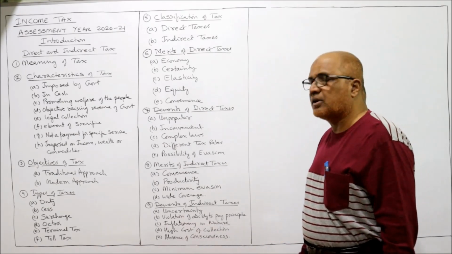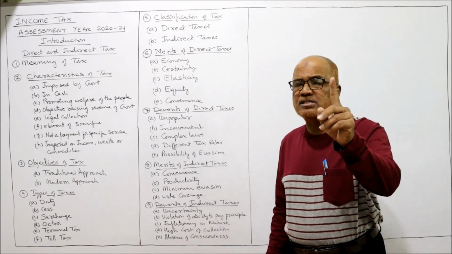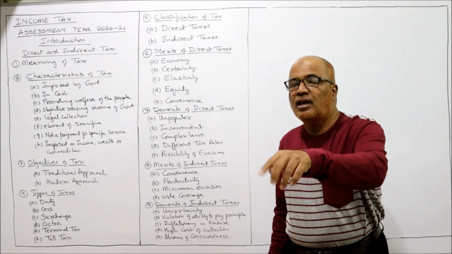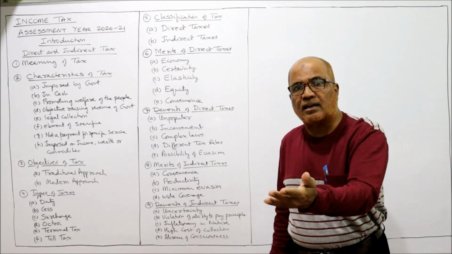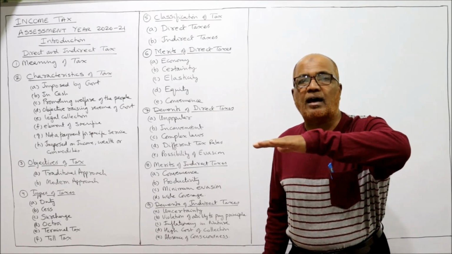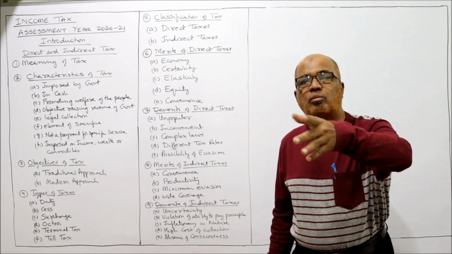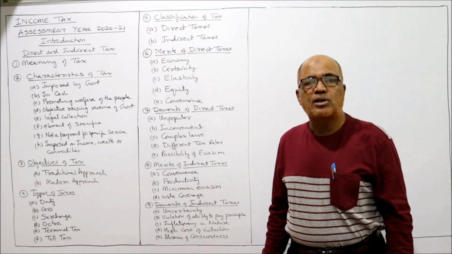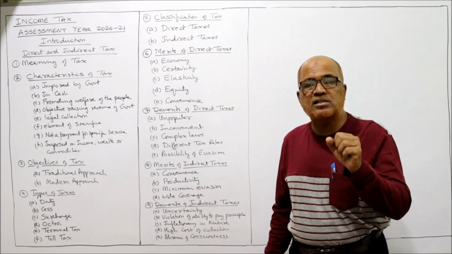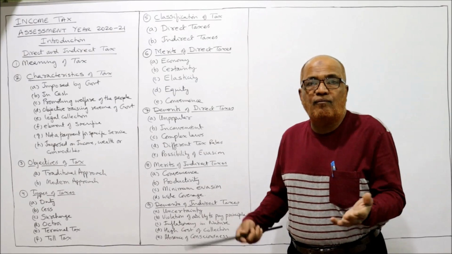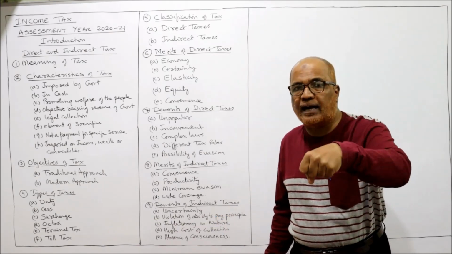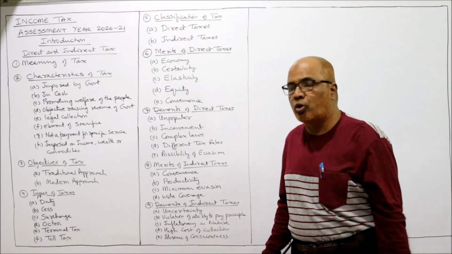Violation of the ability to pay principle. In taxation, one principle is there: the government should impose the tax according to the ability of the person. If a person has less ability, less tax. But in the case of indirect taxes, the government is applying taxes on all the goods, whether consumed by rich people or poor people. So there is a violation of that canon of taxation. What is the principle of tax? Ability to pay. Everybody has to pay the tax. The hit of taxes will fall not only on the head of the rich people but also on the poor people.